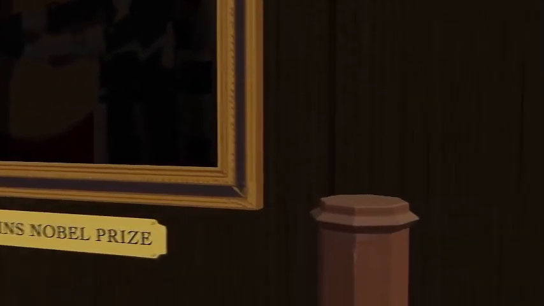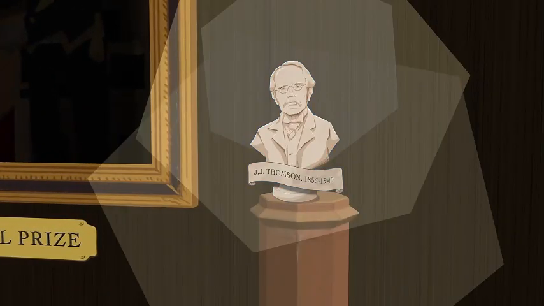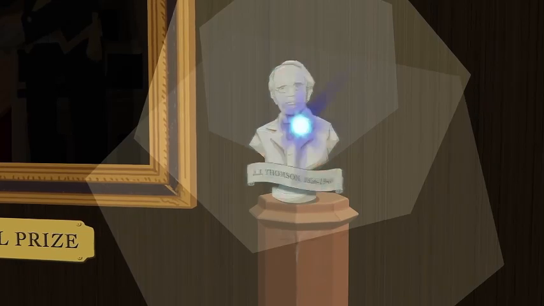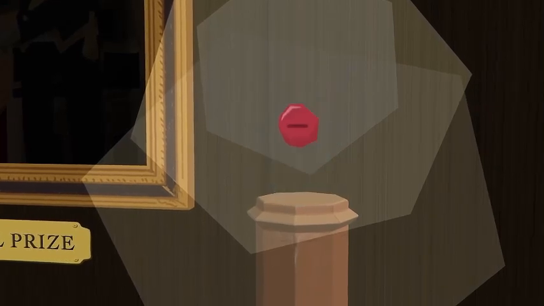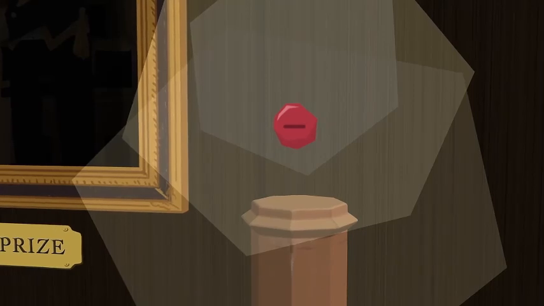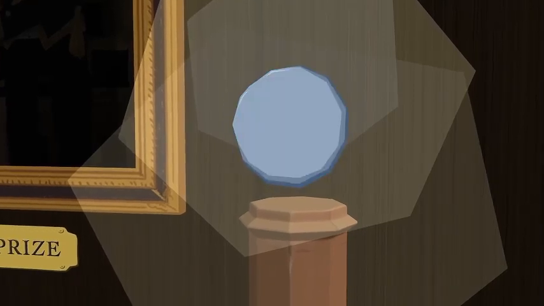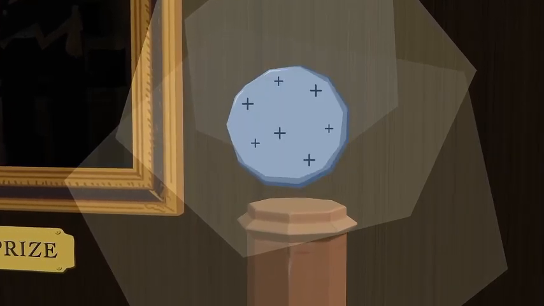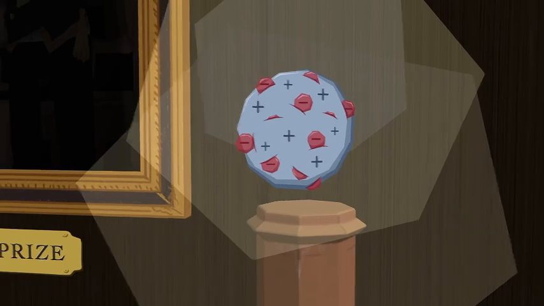Atomic theory was now accepted by the scientific community, but the next major advancement would not come until nearly a century later, with the physicist J.J. Thomson's 1897 discovery of the electron. In what we might call the chocolate chip cookie model of the atom, he showed atoms as uniformly packed spheres of positive matter, filled with negatively charged electrons.